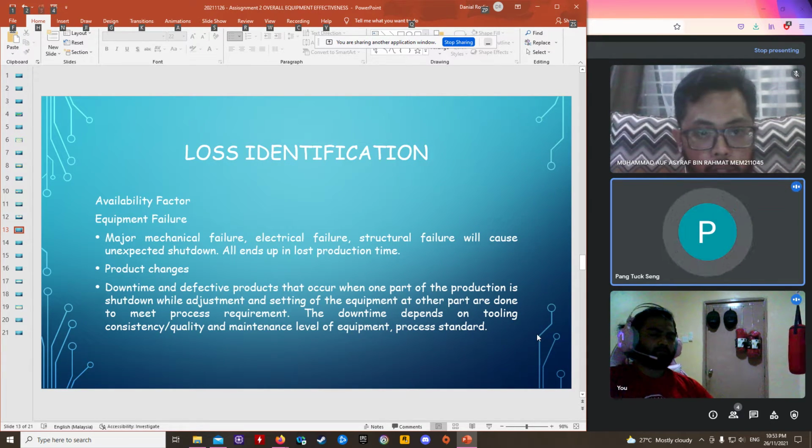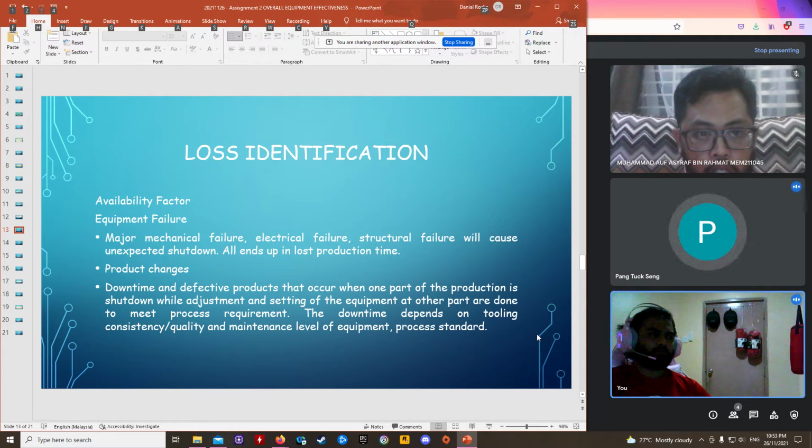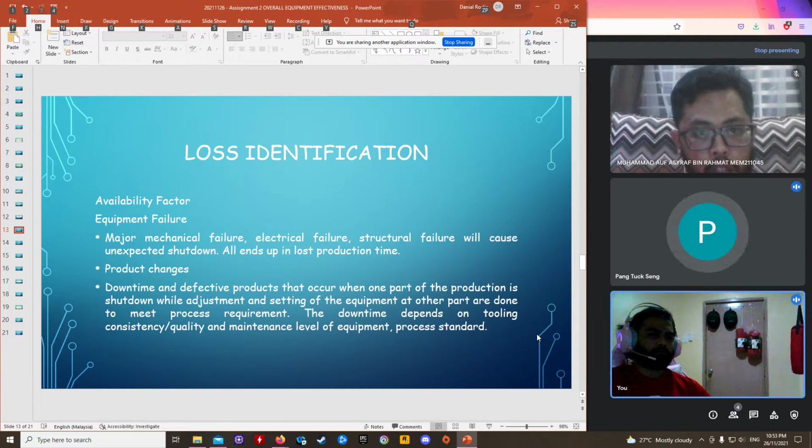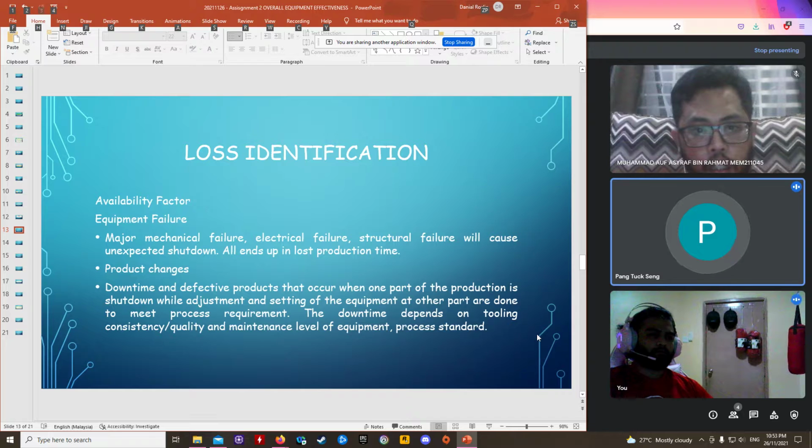I'm talking a bit about loss identification before I pass it to my colleague. As far as the availability factor is concerned, equipment failure that contributes to availability loss consists of three major categories. The first is major equipment failures, electrical failure, structural failure, what people call unexpected shutdown. Then product transition and changes is another factor. And thirdly, downtime and defective product that occur when one part of the machine is shut down and the other part goes for setting and adjustment, which also causes problems. The downtime would depend on the tool and equipment consistency, the level of maintenance of the equipment, as well as the process standard that dictates